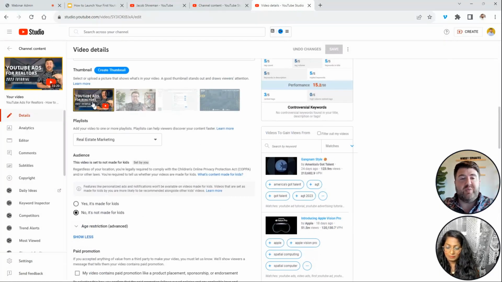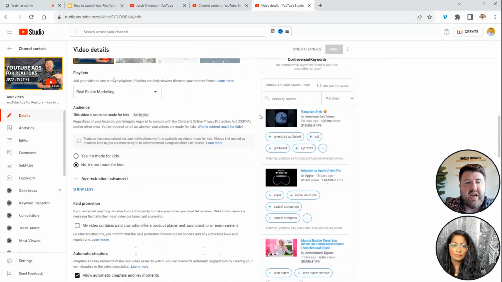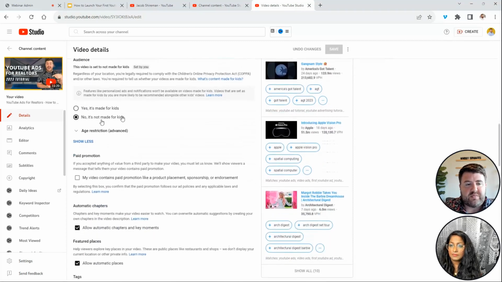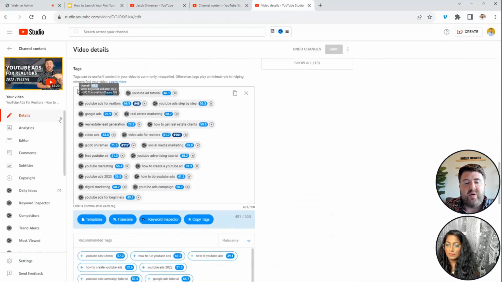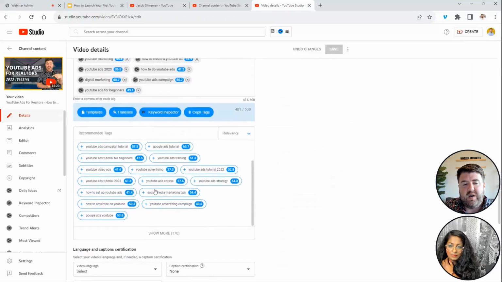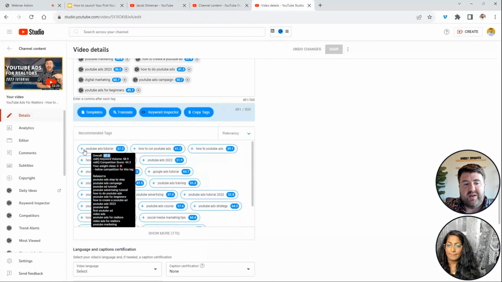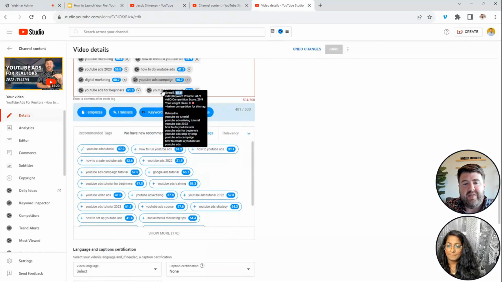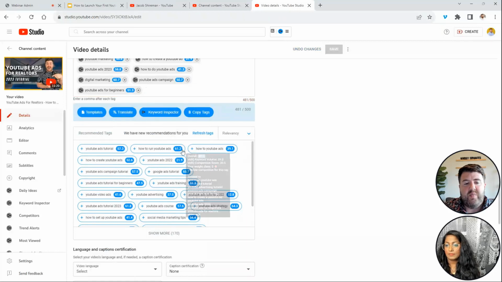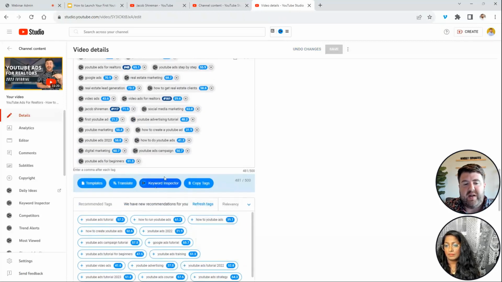You can upload your pictures, remove your background like this. If you saw the original picture of this, it's me standing in front of my closet door. And you can hit remove background and it'll do it for you automatically. And then you'll select your playlist and select whether this is content for kids. You're pretty much all the time going to select no. And then you focus on your keywords. So it's going to start giving you recommended keywords based on what's there. And what's great is you can just click on this and add the keyword there, and have it refresh based on the keywords you want to use.